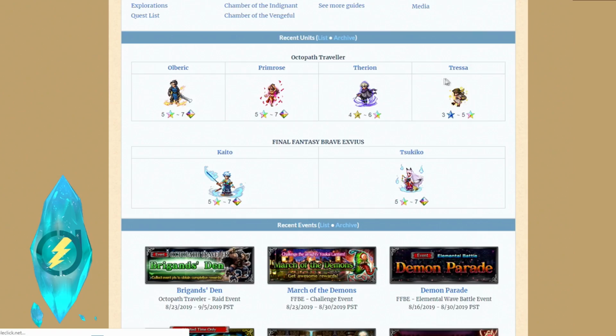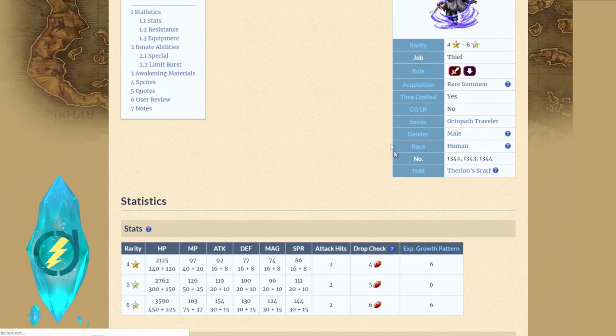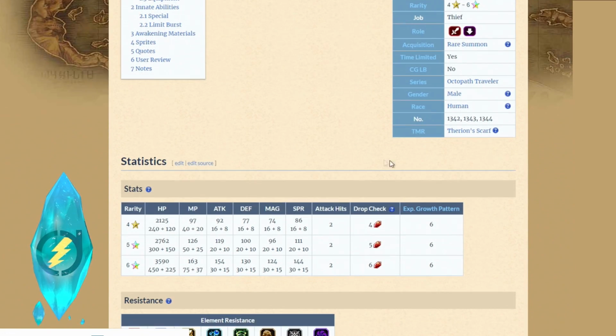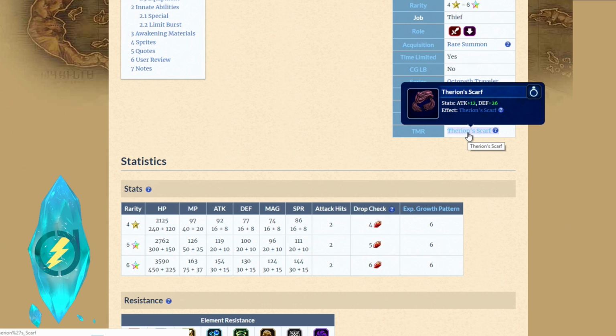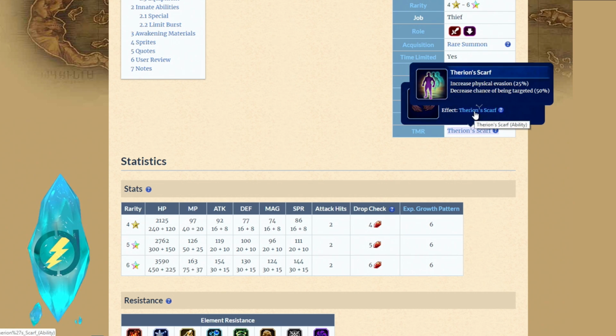Poor Tressa, dude. Therion's a little bit different because he's a thief. He's going to be a 4-star going up to 6-star, and he's going to have a great TMR that's been upgraded a bit here. It's going to be an accessory, and you think, attack 12, defense 26, oh my god, how is that amazing? Well, we do have a physical evasion chance of 25%,